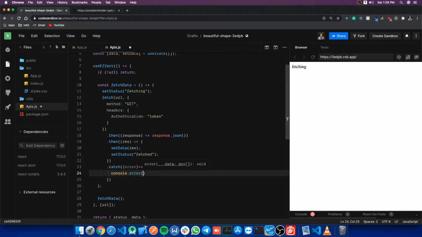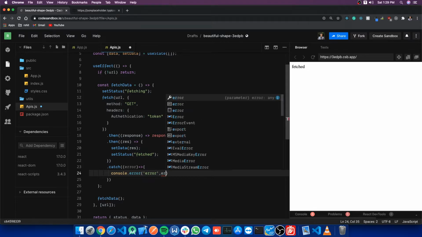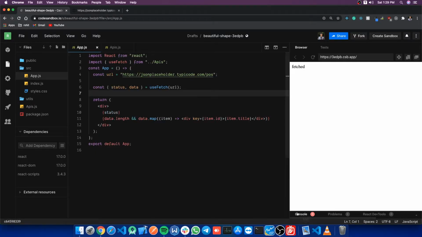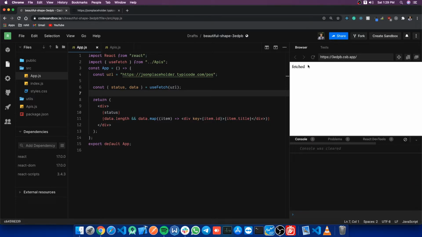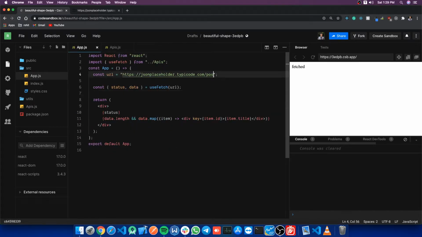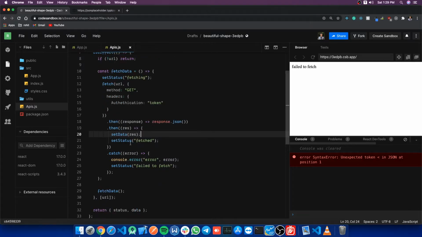Let me just print out the error, and set status to fail to fetch. Let's refresh it. Okay, it's still fetching here. Failed to fetch. Okay, because our URL was wrong, so we caught that error.